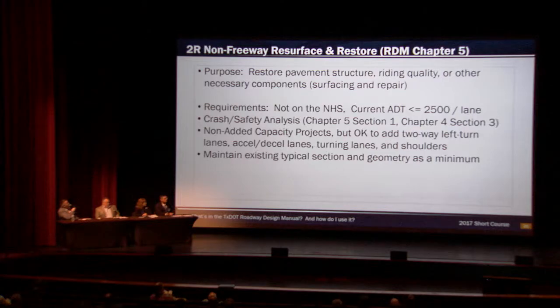Something specific about this to keep in mind. To use 2R, the roadway cannot be on the NHS. And again, that's one of those things you can use the statewide planning map to verify. And then the current ADT should be less than or equal to 2,500 vehicles per lane. You want to do the crash safety analysis on these. Again, not added capacity, but okay to add turn lanes and shoulders, and then maintain your existing typical section and